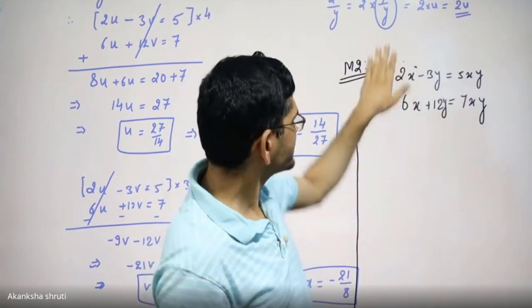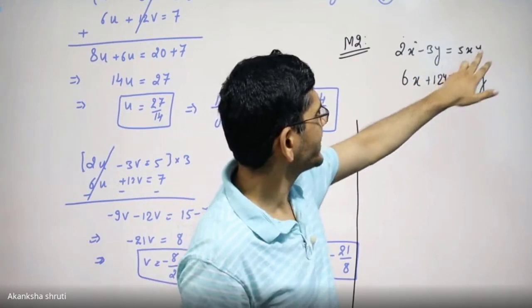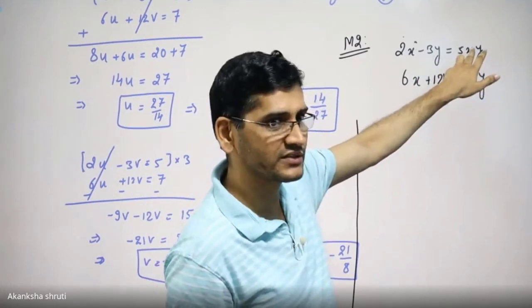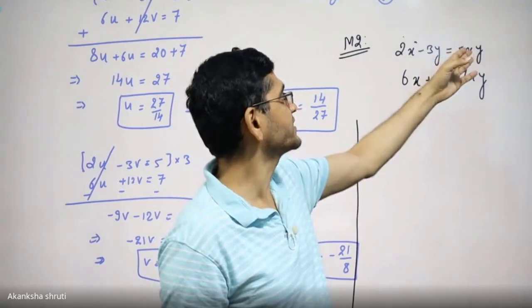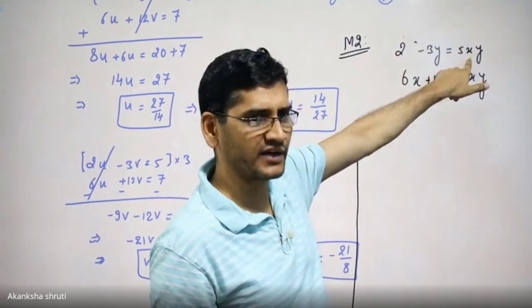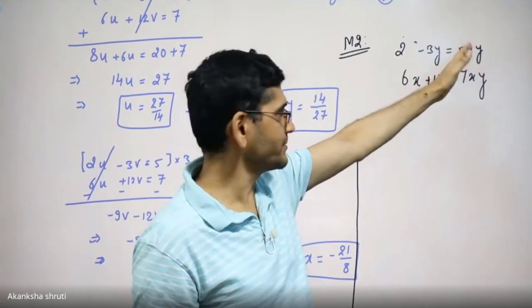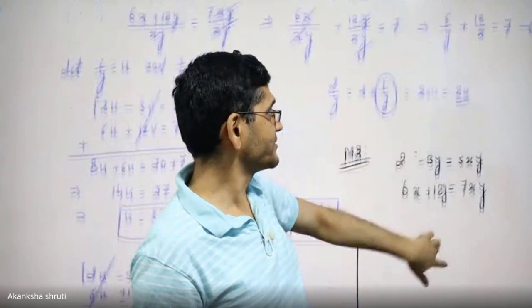But if I am just cancelling this x, then we will get the y and y here, but this x also remains here. Okay, but still we can get, removing this x, we will calculate the value of x. So that is what the mathematical calculation gives. That's why it is advisable to go by this method.